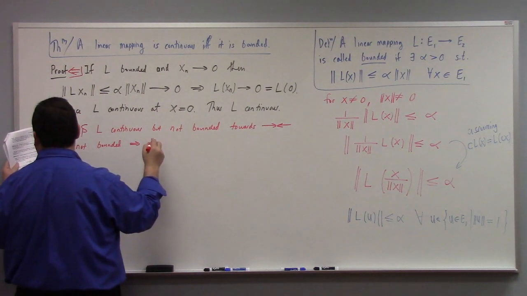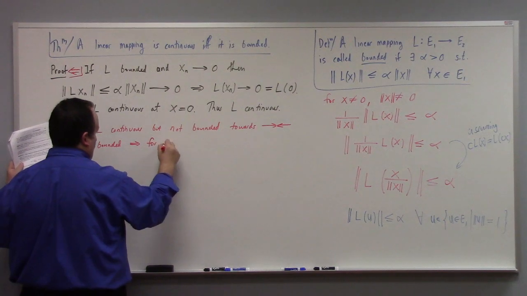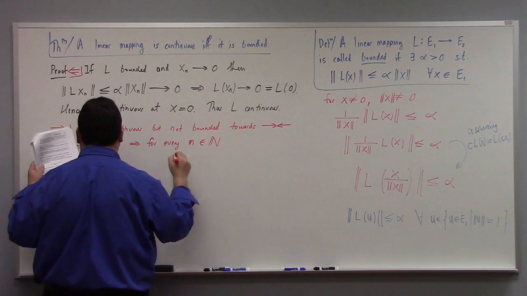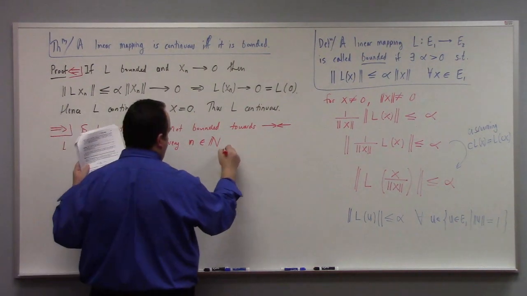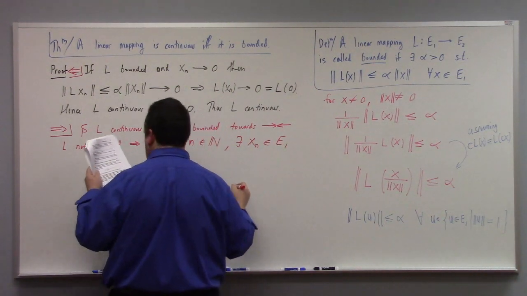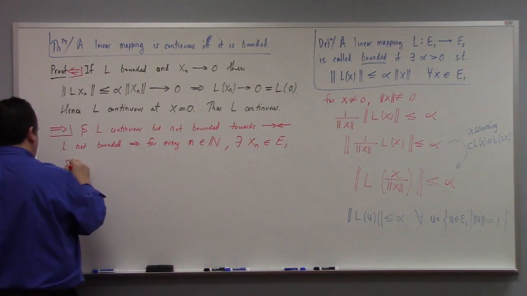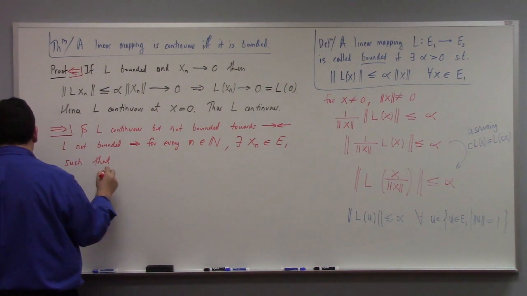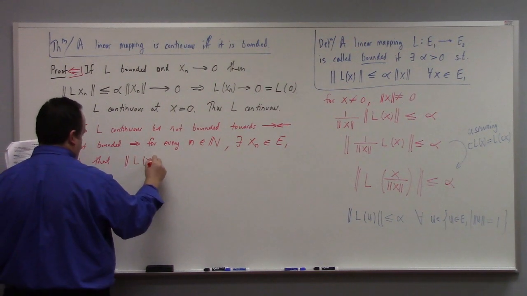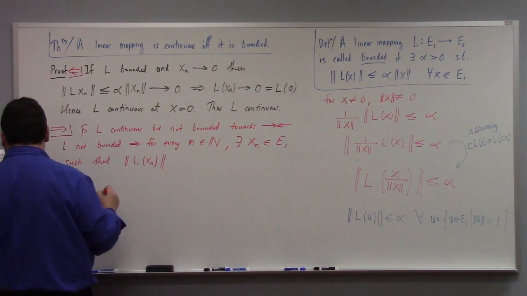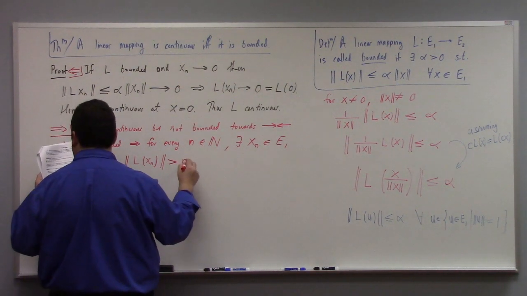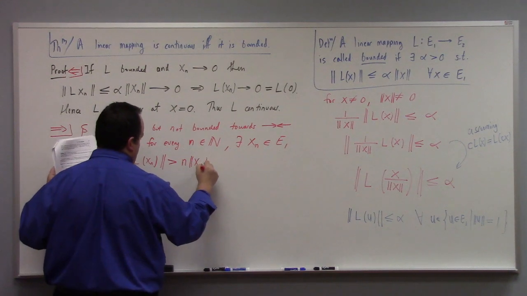for each n, for every n in the natural numbers, there exists x sub n in E1 such that what? Yeah, the norm of L of x sub n is greater than, he says, n times the norm of x sub n. Now,